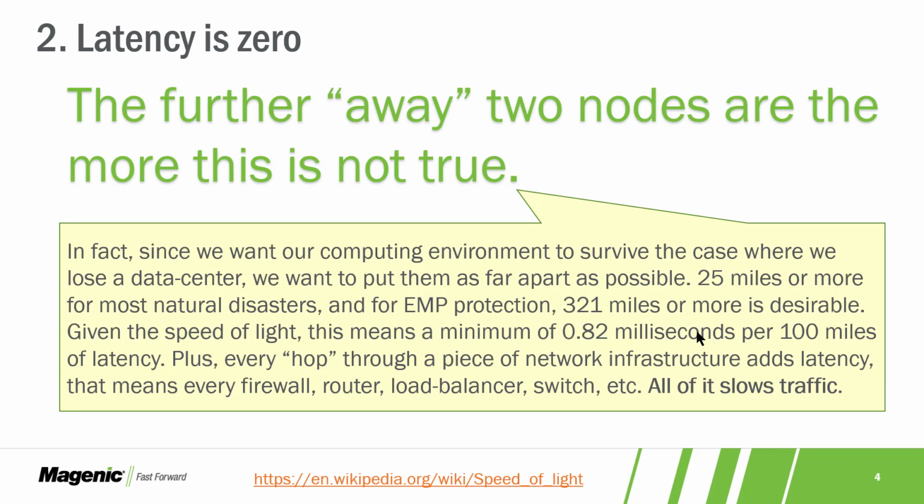And if you do a little research, you'll discover that for other kinds of things, like war conditions where there might be an electromagnetic pulse, or adverse solar activity that is equivalent, you want 300 plus miles, and it transpires that 321 miles is an easy thing to remember. So for a lot of organizations, from a compliance point of view, that 300-ish mile radius between them is the thing. But when you're that far apart, the amount of